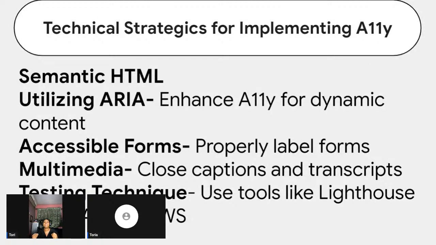All the members of the software development life cycle can implement accessibility in their work, right? Everybody from the designer to the writer to the community manager, everybody has a responsibility to implement accessibility in their work, right? But for now, these are very technical strategies that focus on people who are in charge of building the web, building products for the web, right? So some of them are semantic HTML, right?